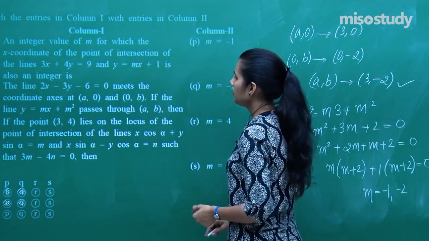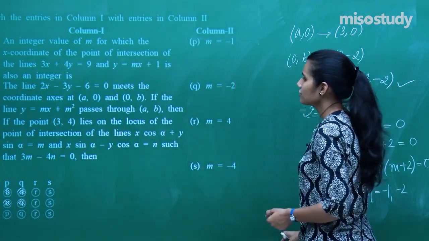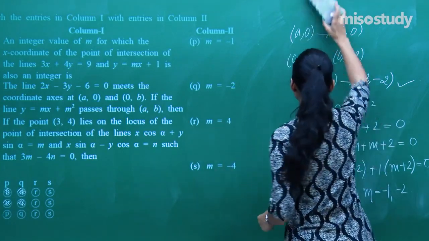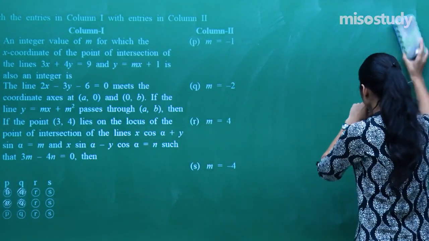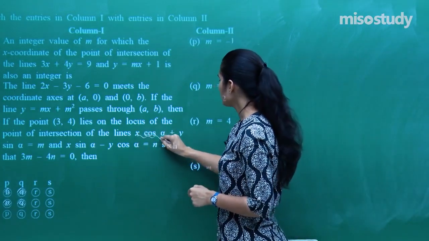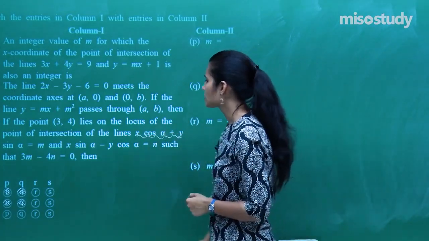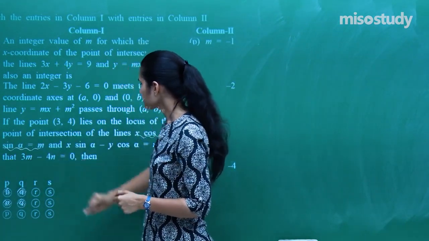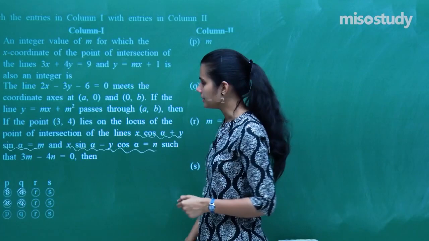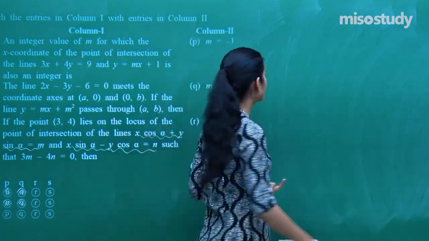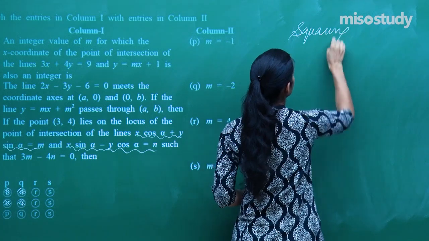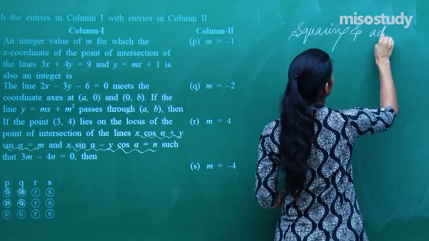Clear? Then you have, if the point 3 comma 4 lies on the locus of the point of intersection of these two lines, let's talk about this. The lines are x cos alpha plus y sin alpha equals m, and x sin alpha minus y cos alpha equals n. Just square and add both of them. Squaring and adding